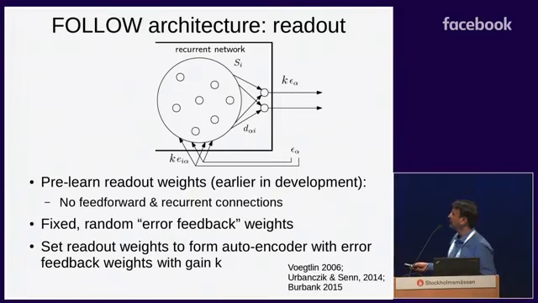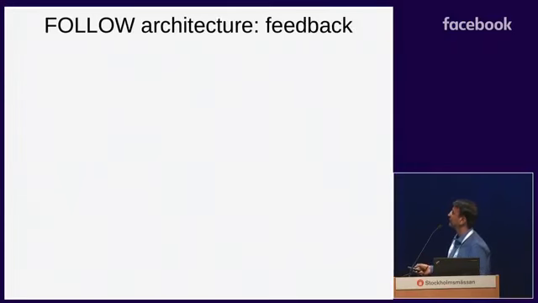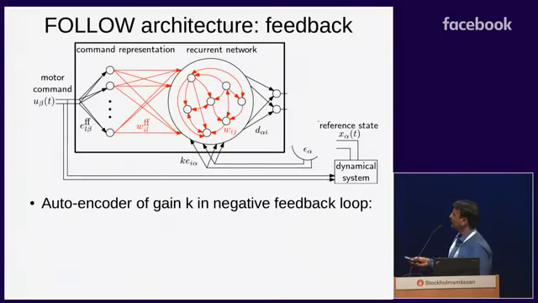And this we assume to be pre-learned, and here we just set them algorithmically, but there are other people who show how this can be learned by a local learning rule, because this is just simple learning of the output weights with a perceptron rule. So now let's close the loop again.